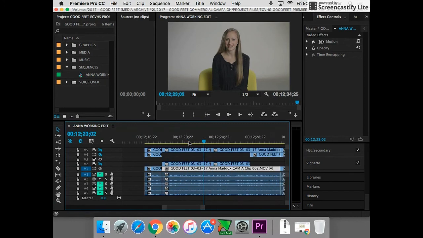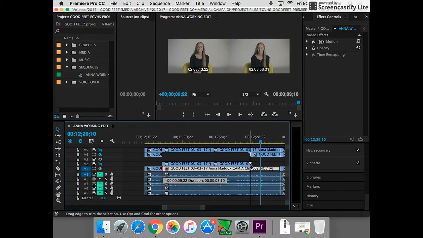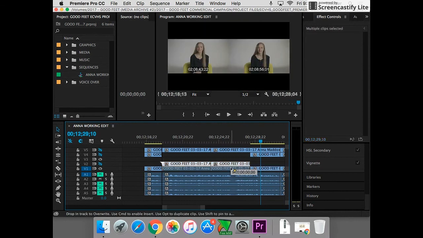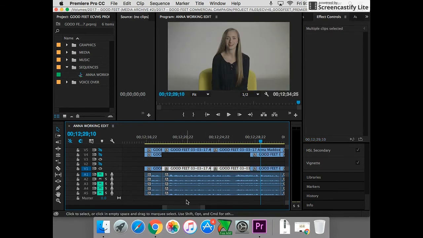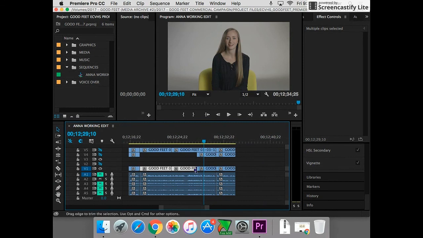So what I can do is come in here and, you know, we're seeing this shot, then this shot and this shot, then back to this one. So I can take this shot and move it over here, take these two and just move them down. So then I have my timeline all perfectly in a row down here. And these are my unused trims. So that all sits up here in this graveyard of stuff that I'm not using anymore. And this down here, this is my actual shots.